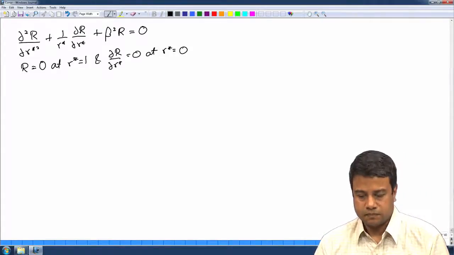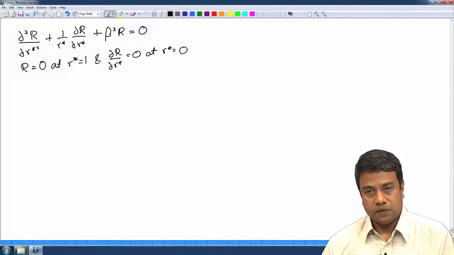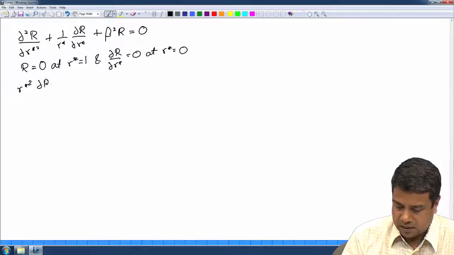I can rewrite this equation by multiplying throughout by r square and I will get r square partial square r